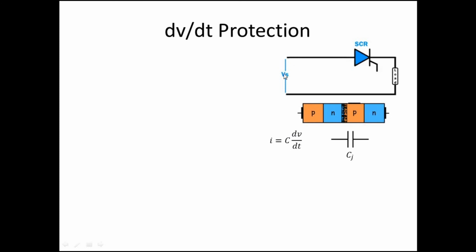By any switching, if there is a high dV/dt, if suddenly you apply a voltage, it will cause a dV/dt here and there will be a current. And we know that if there is a current here, this depletion region will decrease and it will start conduction, and the further conduction will increase and the thyristor becomes turned on. So without applying the gate, the thyristor starts conducting. It is an abnormal turn on.